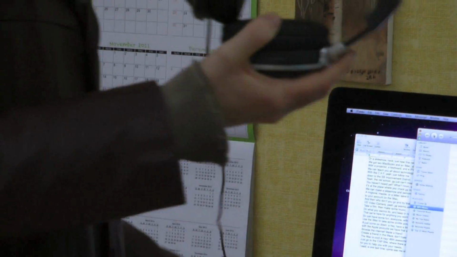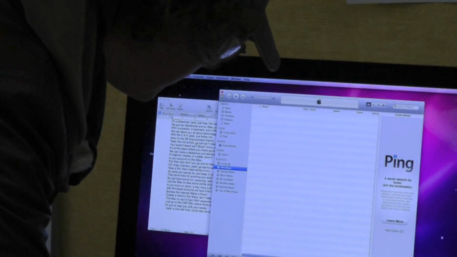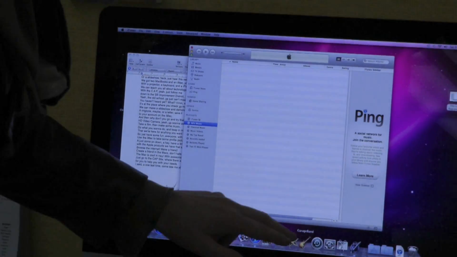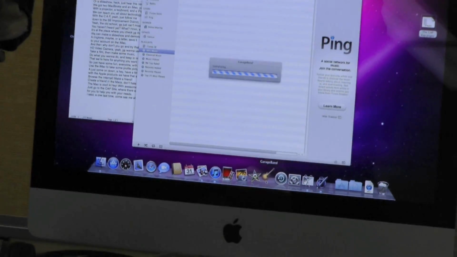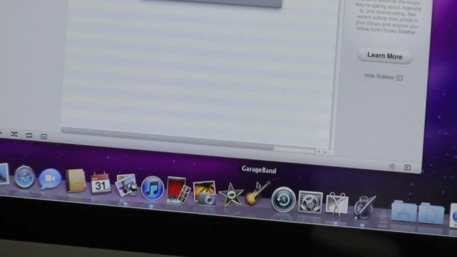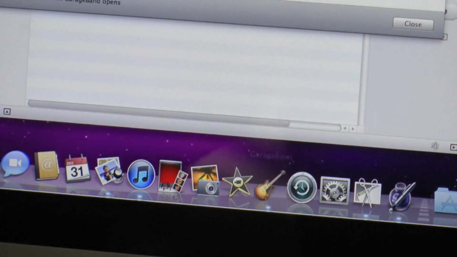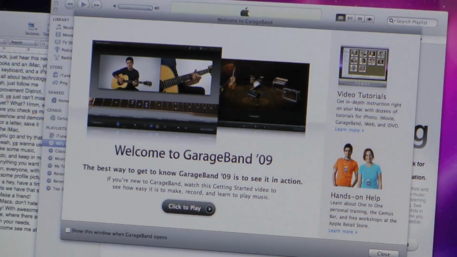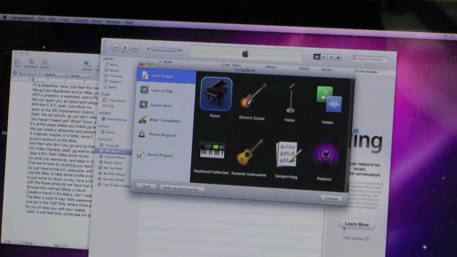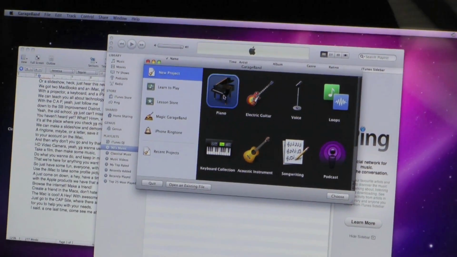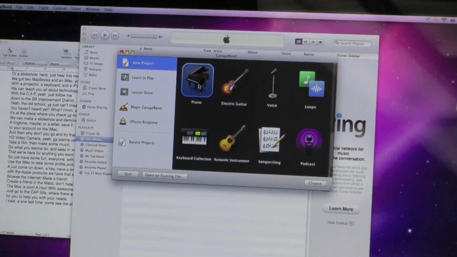I guess I'll just show you GarageBand. Open it up. It's this little guitar symbol right here. Click it. It opens up GarageBand, and you have several options when GarageBand opens up. Oh, we'll just cancel this. Yeah, so in the new projects, you can